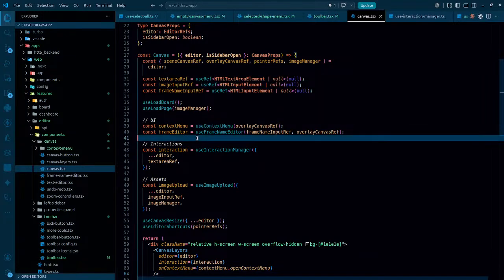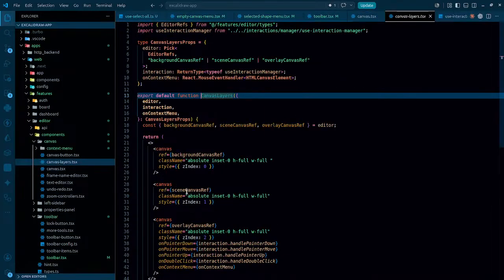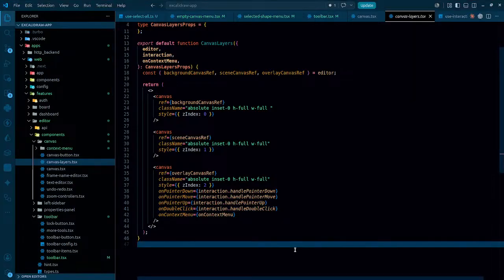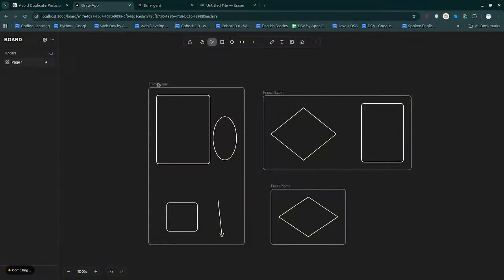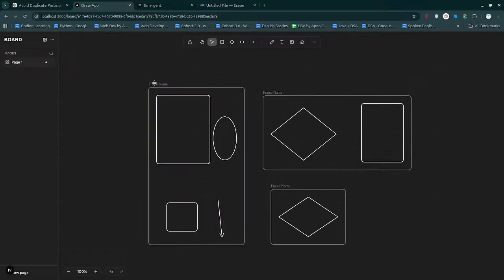Now the bigger question is, we have the interaction manager here, we have this interaction over here. So once we have the interaction, we have the double click in here as expected. Fine, okay with this. So ultimately when double click is clicked, the state gets saved, and because of that the input box appears. Fine, when the input box actually appears, after that we start editing. And what I want, as we start editing, so whenever we change the names and all, at that time the previous